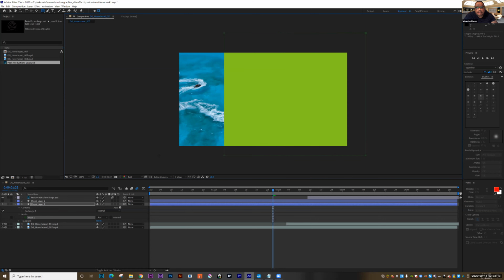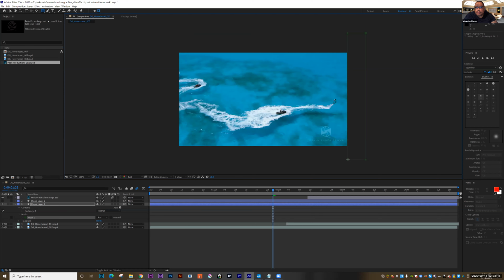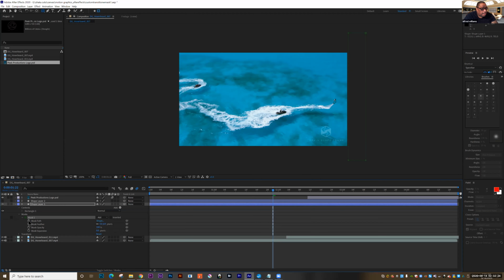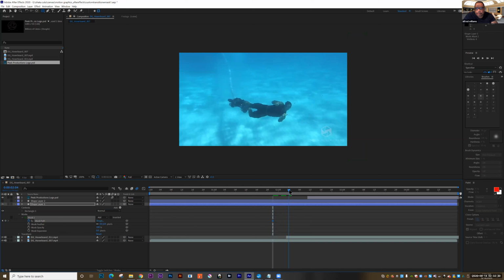So I'm going to animate this flying across the screen. So I'm going to set this over on the right like so. And I'm going to go to the mask and click the mask path button. So I've set a keyframe there. Then I'll go a few frames over. And with that mask path, I'm going to,